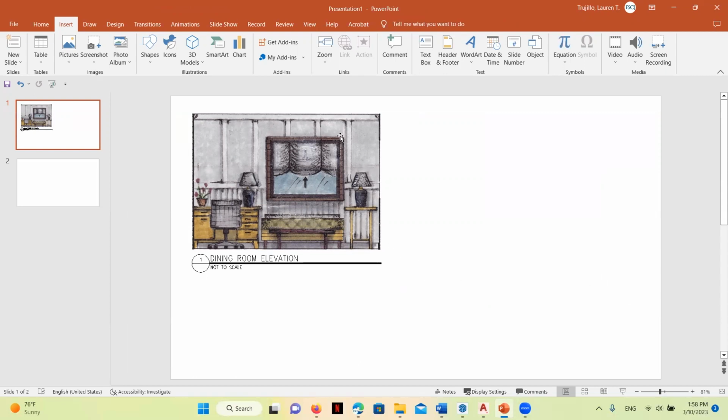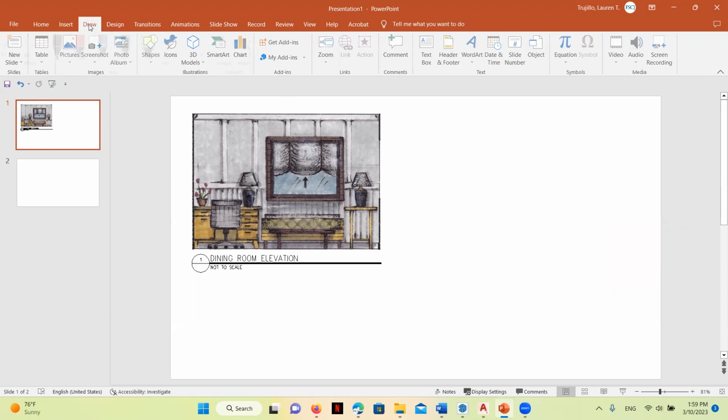Now, a lot of the elements in this elevation are pretty clear. We can tell what they are, but there may be some elements that we want to call out specifically to our clients. Let's say we want to talk a little bit about the finishes here. For this, we can just do really simple lines and text boxes. Just remember, if we did this in Photoshop or InDesign, we could also create lines and labels and text boxes as well. But remember that access to all of those Adobe programs may not be available to you. So this is a really simple way of doing it.